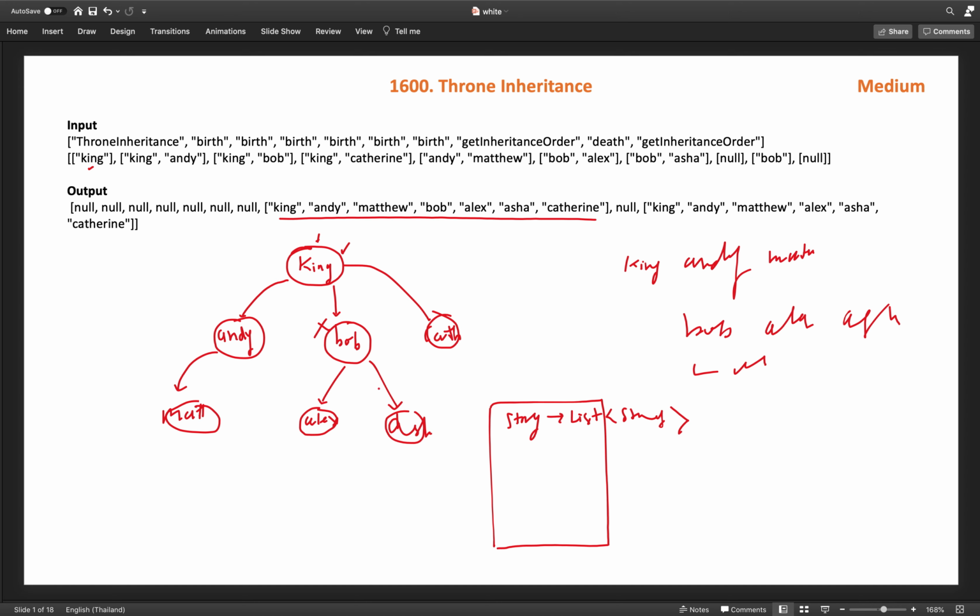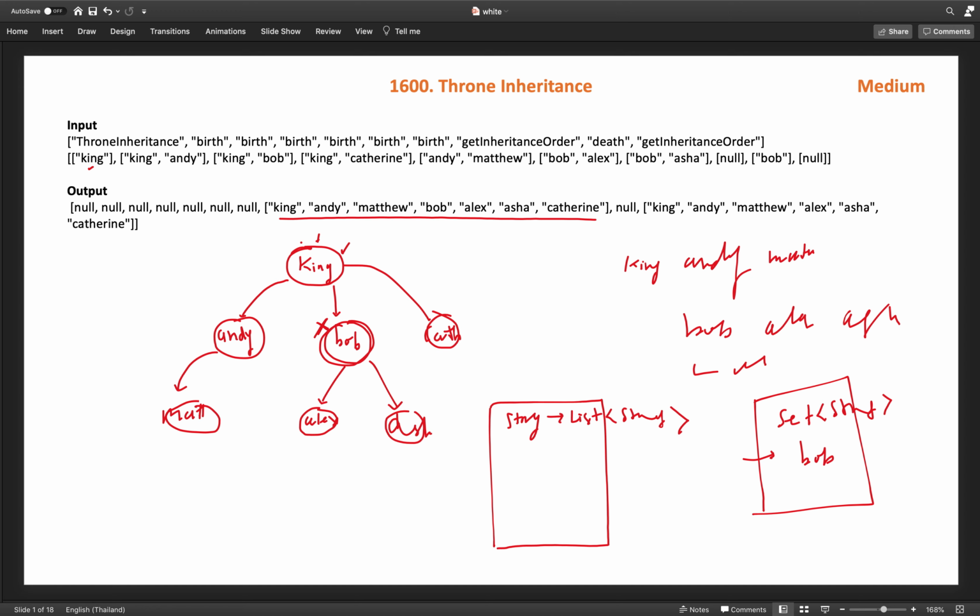And another data structure we need to maintain is for the dead people. So we will use a set here, just simply a set. We can also use a map, but a set will serve the purpose for us. So we will use a set of strings. Here we will add whoever is dead, like if Bob is dead, then we will add Bob.